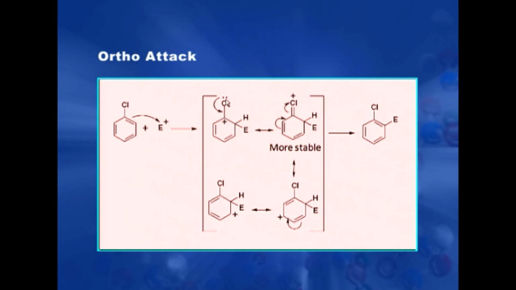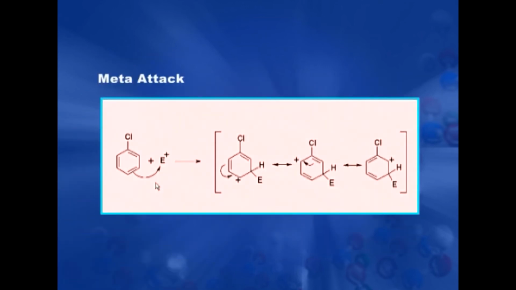So, here due to only this electron donating mesomeric effect, this structure gets stabilized. So, instead of 3, there are 4 resonating structures, and out of 4 one is extra stable. This case is similar to aniline and phenol. Now, in meta attack, if we see the electrophilic attack at the meta position, there are 3 resonating structures, but no